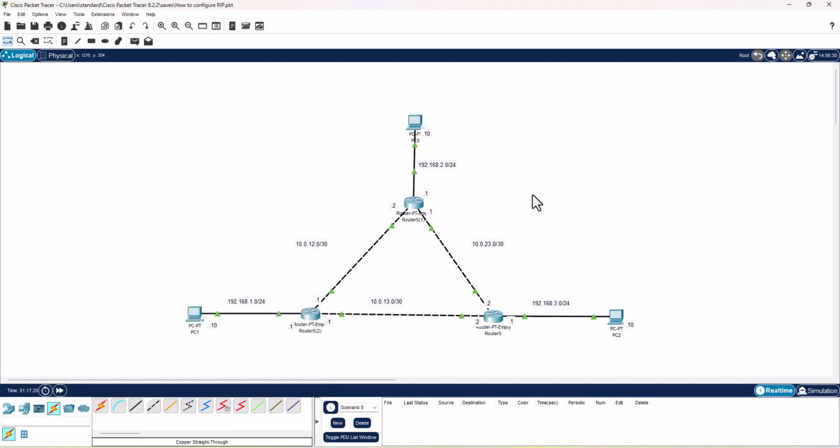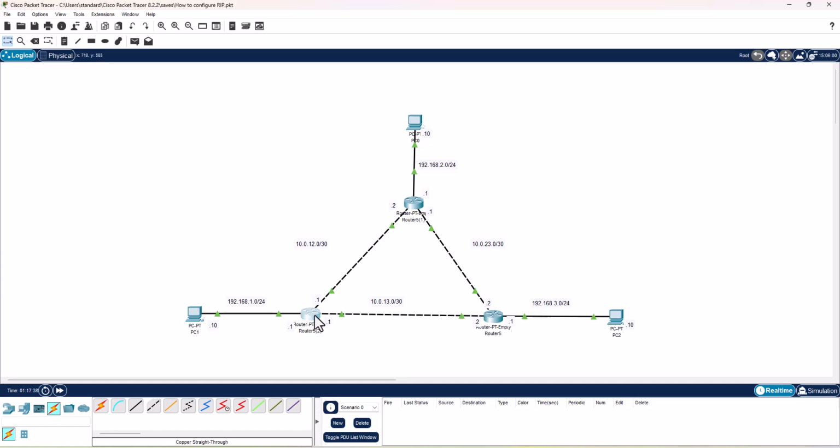Okay, so what we have done is we have configured the network settings for every one of our devices across our entire architecture. And therefore what remains to be configured is RIP, the Routing Information Protocol, on the three